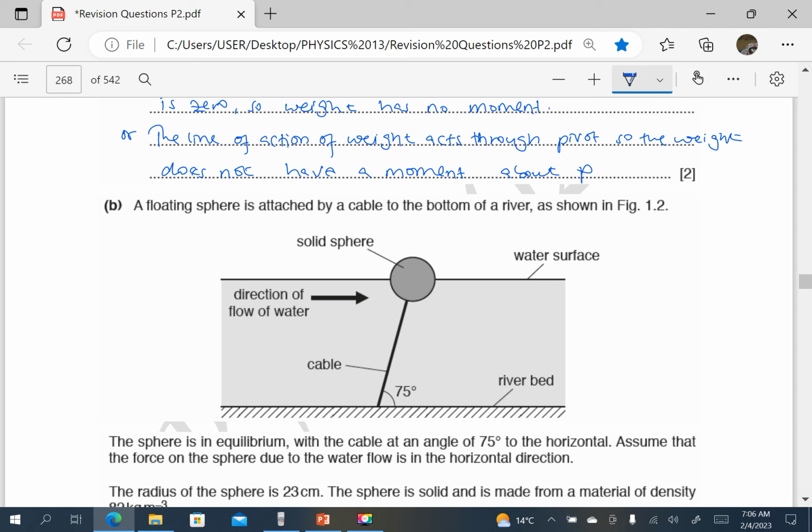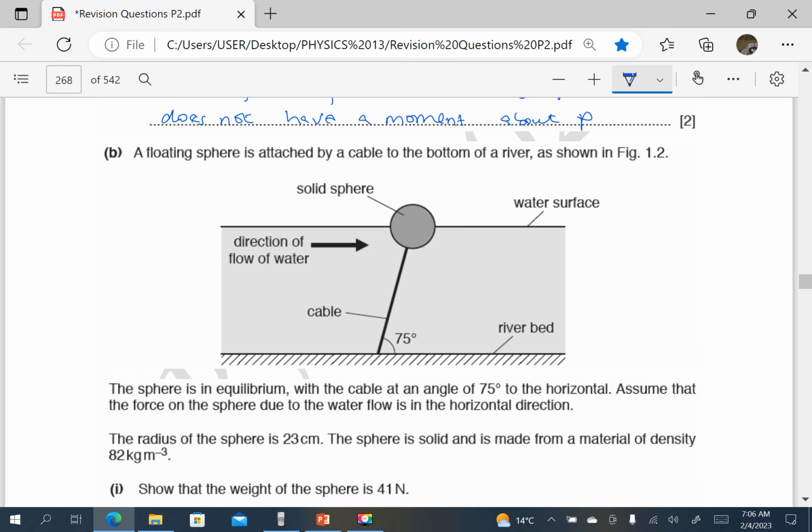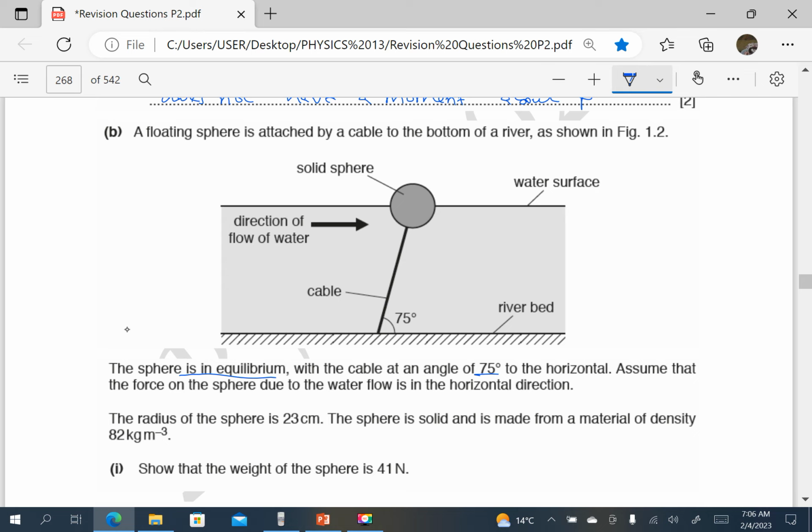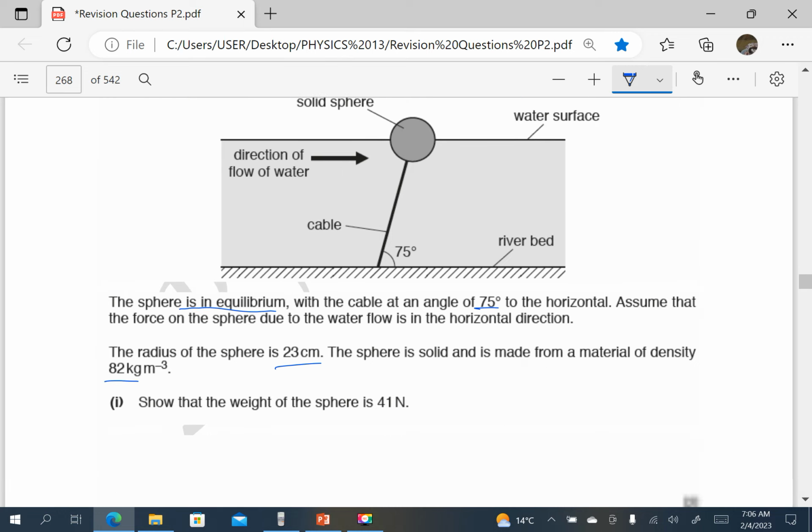A floating cylinder is attached by a cable to the bottom of a river as shown in the figure here. The sphere is in equilibrium. This is very important. The sphere is in equilibrium with the cable at an angle of 75 degrees to the horizontal. Assume that the force on the sphere due to the water flow is in a horizontal direction. The radius of the sphere is 23 centimeters. The sphere is solid and is made from a material of density 82 kilograms per meter cubed. Show that the weight of the sphere is